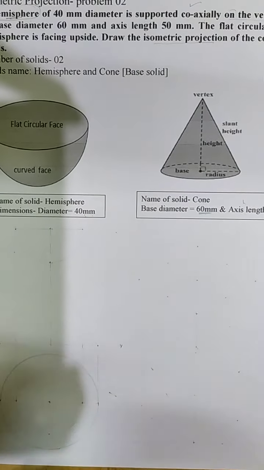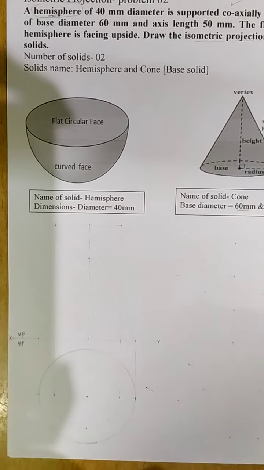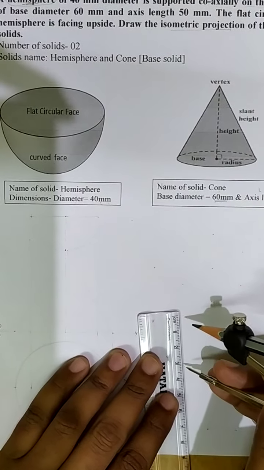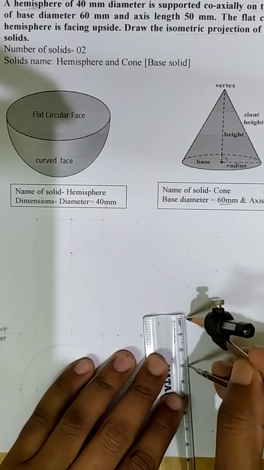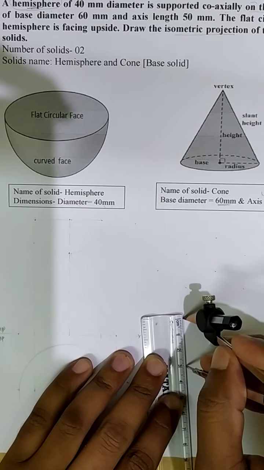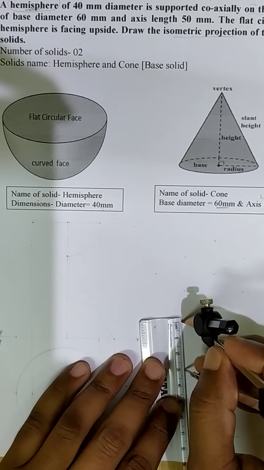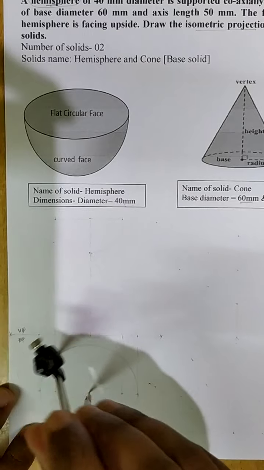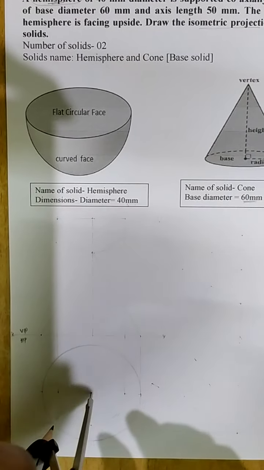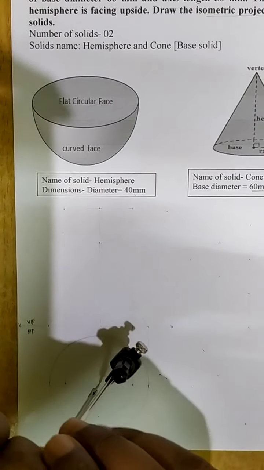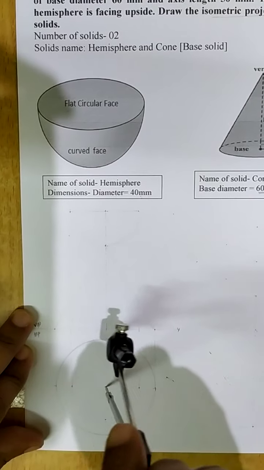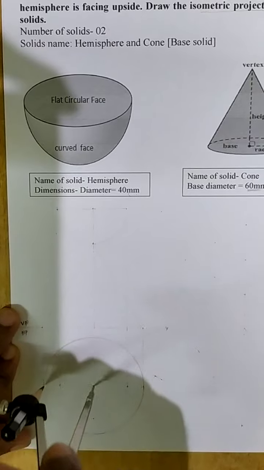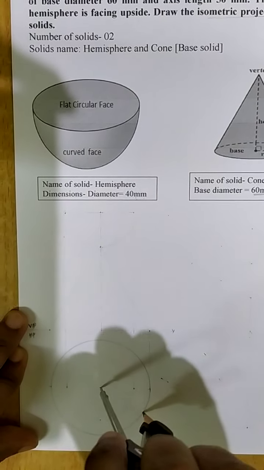So I need to draw two circles now. With the help of a compass, you measure the base of the cone. The diameter is 60 mm, which means the radius will be 30 mm. You consider any one point on HP and you draw the circle. That I have drawn already. That should be drawn as a thick line, as it is visible. That circle is visible from the top. So this is the base diameter of the cone that is visible from the top view.